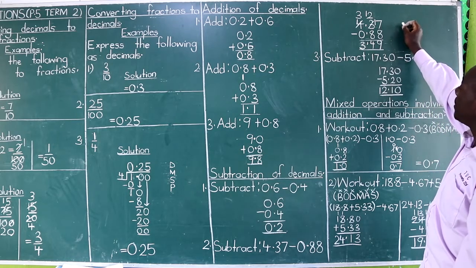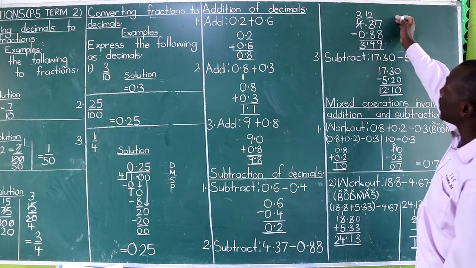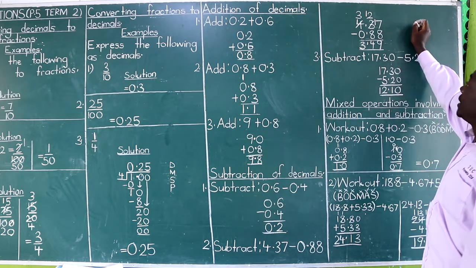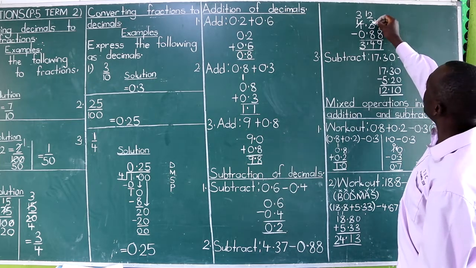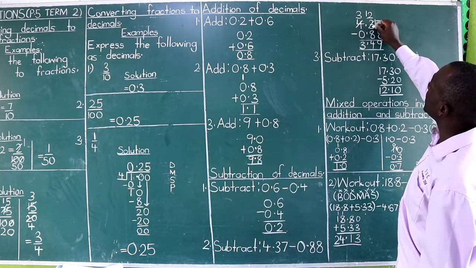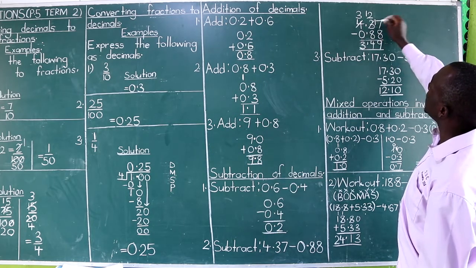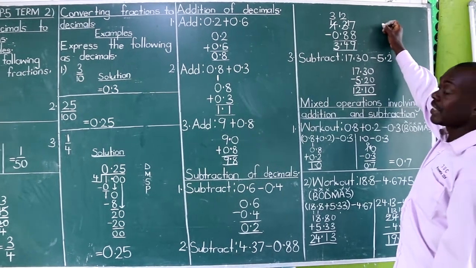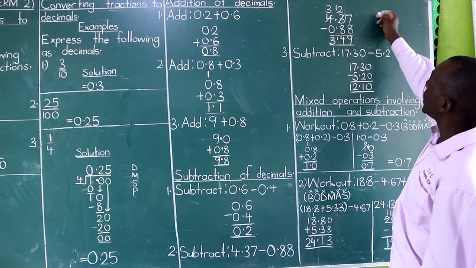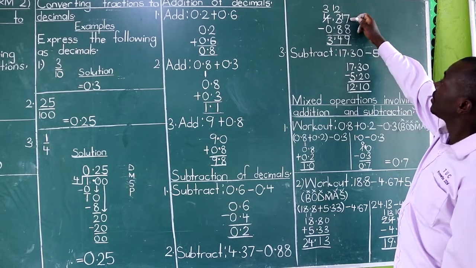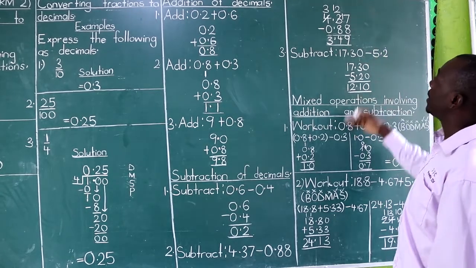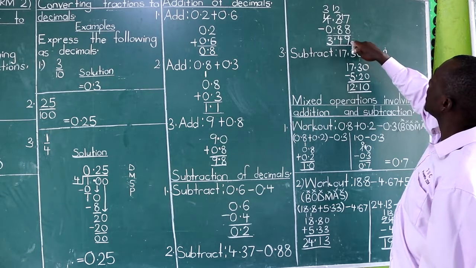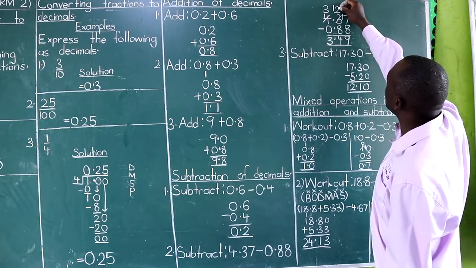So we borrow the base. Any number without a base is base 10. So whatever we borrow here is going to be a 10. So we borrow from 3, and the 3, when we borrow 1 from 3, we remain with 2. And what we have borrowed carries the base 10. So 10 plus 7, you get 17. Now subtract normally. 17 minus 8, you get 9. And now remember, we remain with 2.